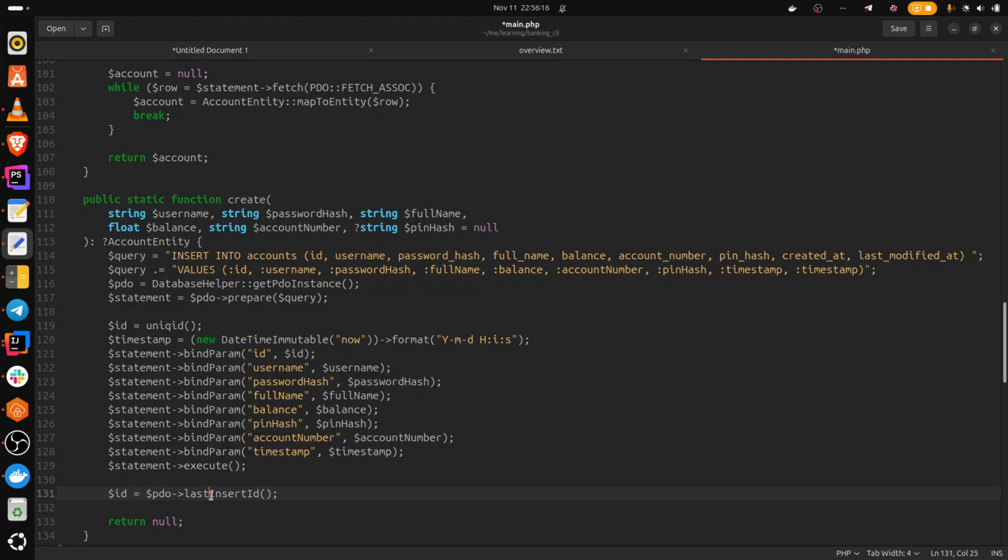Well, we could trust it, right? I'm not sure. It could return null, but we need to be very, very careful. So what if it returns null? Let's do a check there. We can say if ID is not equal to null, then we can do